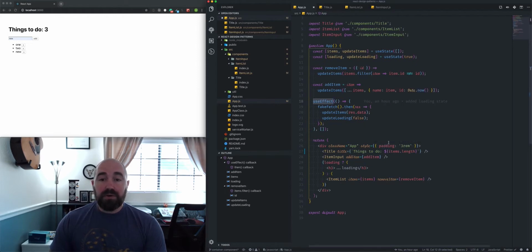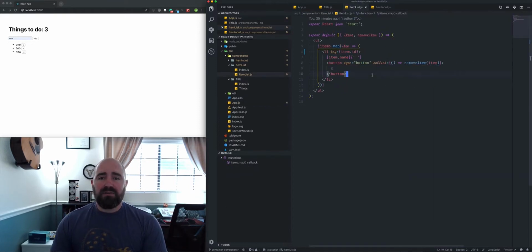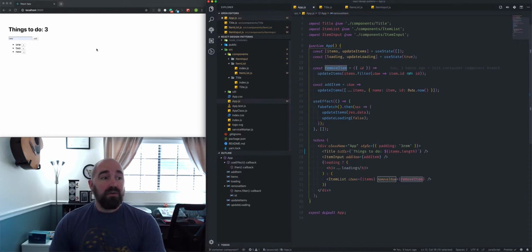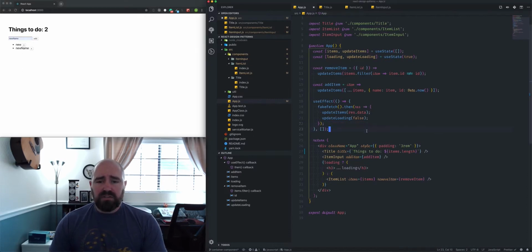But really what we're doing here is just passing data back and forth, but keeping the logic in one component so that it's not spread across all of these components. So our list does some very basic things. It renders the name and gives us this button. So all of that works. If we go in here and delete some things and want to add another thing, it all works. And it's not a particularly useful thing,